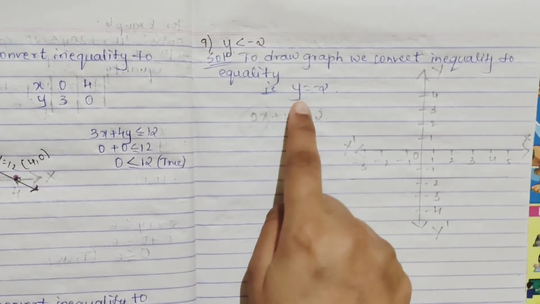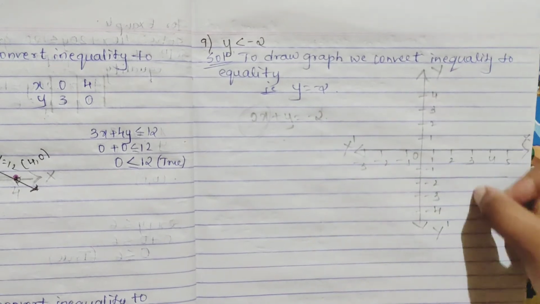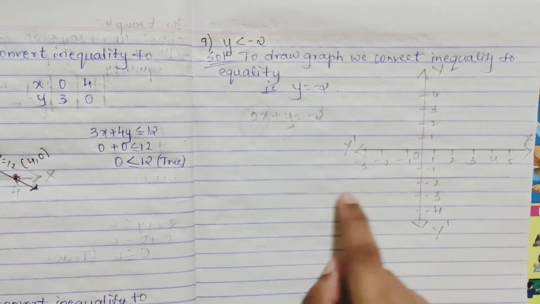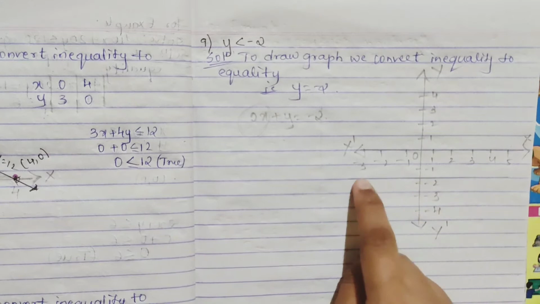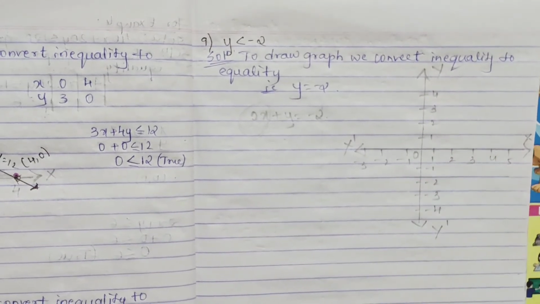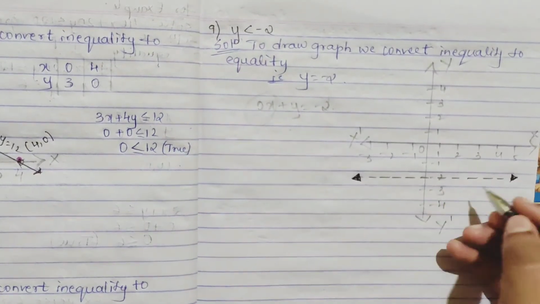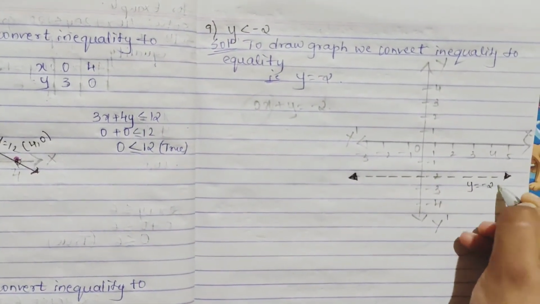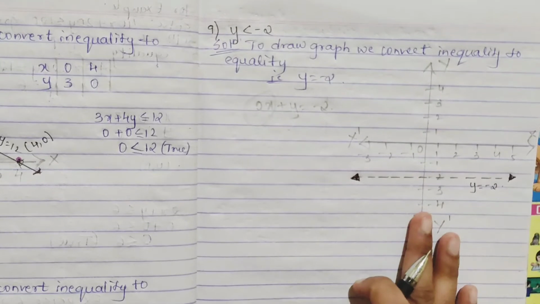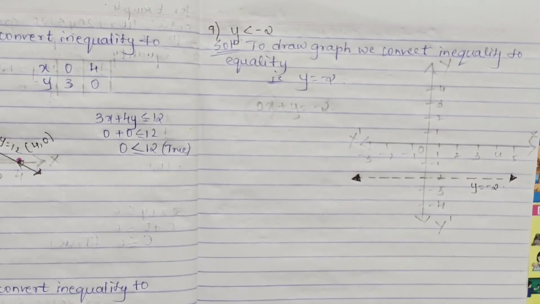If you have just an x value, it is parallel to the y-axis. So we will draw our y is equal to minus 2 where it is here. And it will be parallel to the x-axis. And it is an inequality, so the line will be dotted, and here you will write y is equal to minus 2. So now if we speak about the solution of this, that is to draw the,